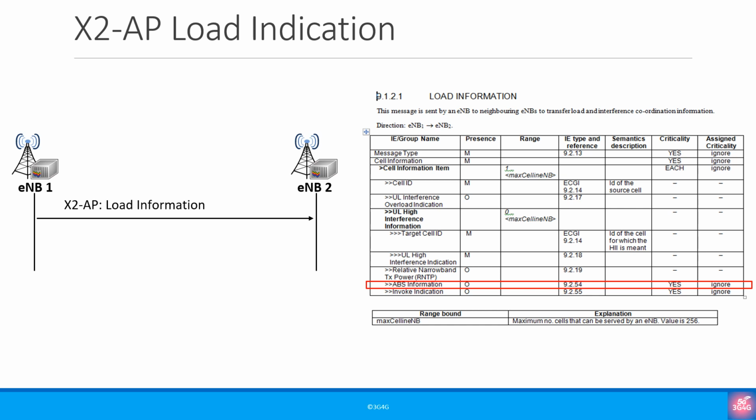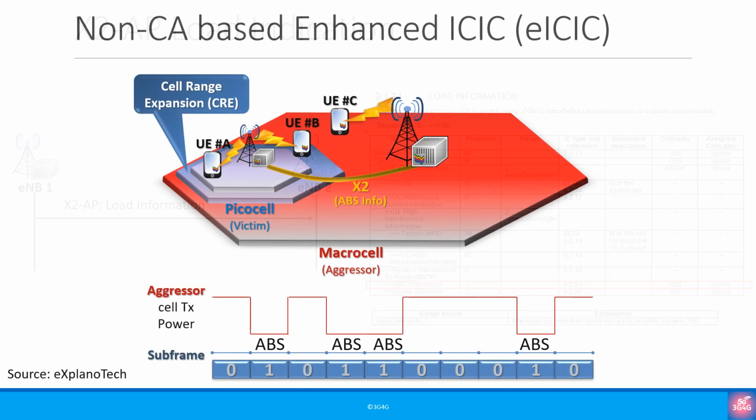ABS is sent to the neighboring eNodeB as part of the load information message as shown here. We can show the use of ABS here along with another concept called cell range expansion or CRE. ABS can prevent cell edge UEs in small cells from being interfered with by the neighboring macro cell by having both cells use the same radio resources but in different time ranges or subframes. CRE, on the other hand, expands the coverage of a small cell so that more UEs near cell edge can